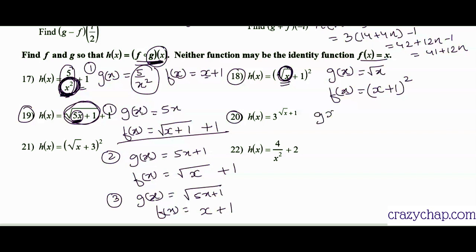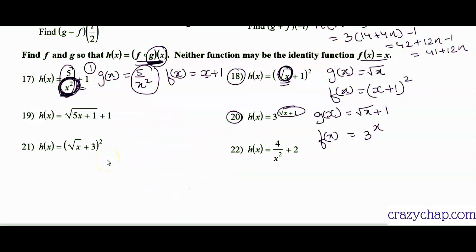We can suppose g(x) as the exponent, and f(x) would be, in place of this I will just write x, so 3 to the power x. Let's try question number 21. Have a look at question number 21, friends. We can say g(x) is this entire thing, square root of x plus 3, and so for f(x) I would say, for this entire thing I will just say x, and its square. This could be your one answer.